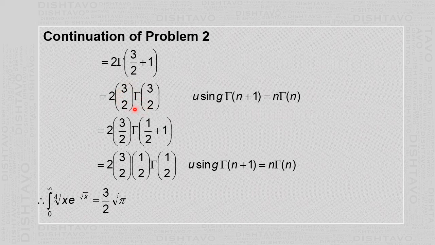Then again to find gamma of 3 by 2, we write 3 by 2 as 1 by 2 plus 1, and gamma of n plus 1 is equal to n times gamma of n. So n here is half, so gamma of half plus 1 is half times gamma of half, but gamma of half is root of pi. That is one of the properties. So therefore, when you simplify this, what you get is 3 by 2 root of